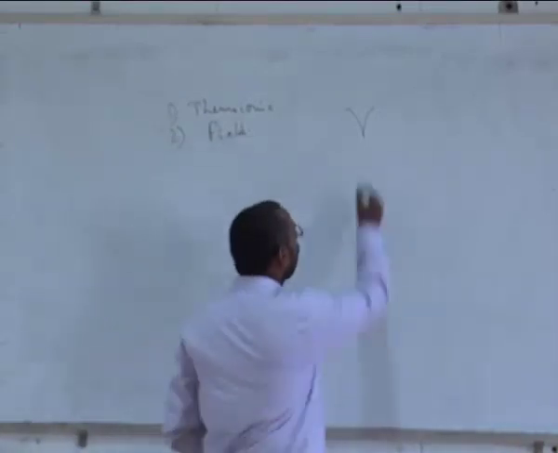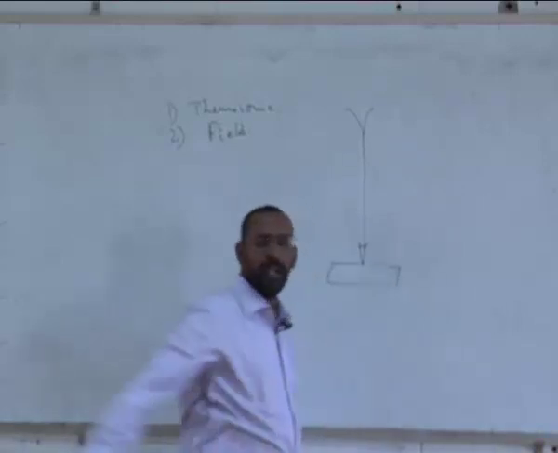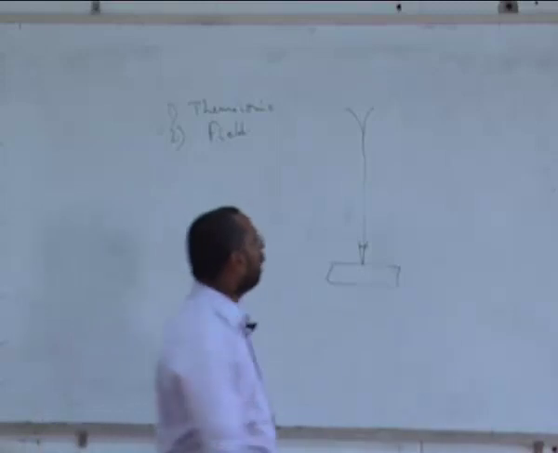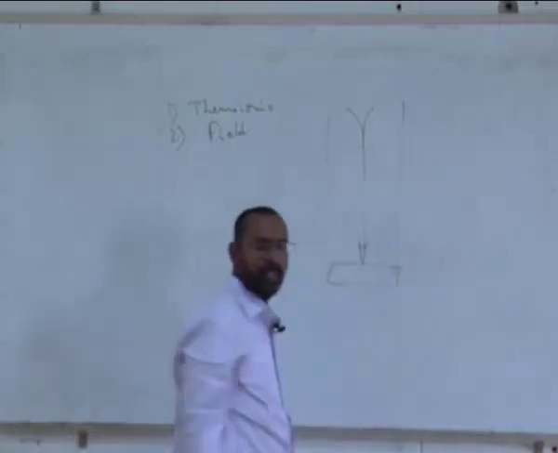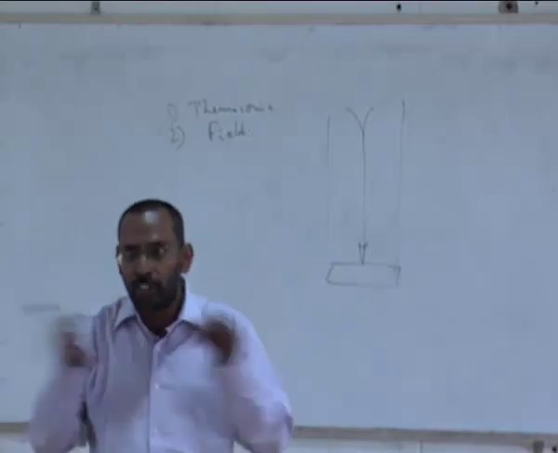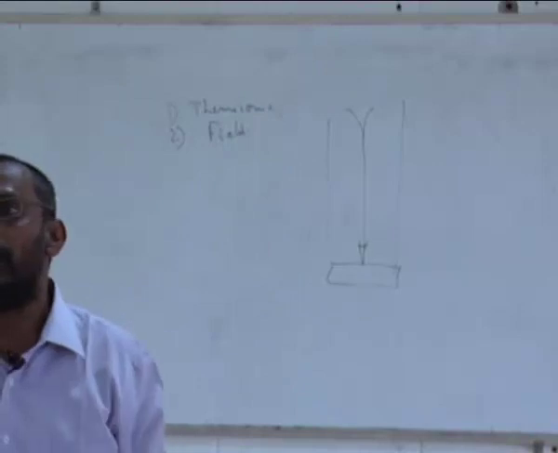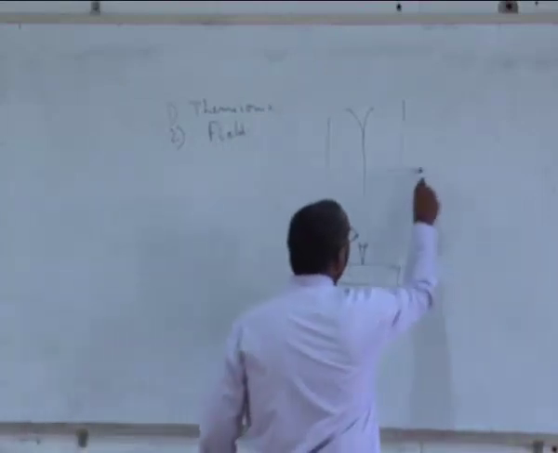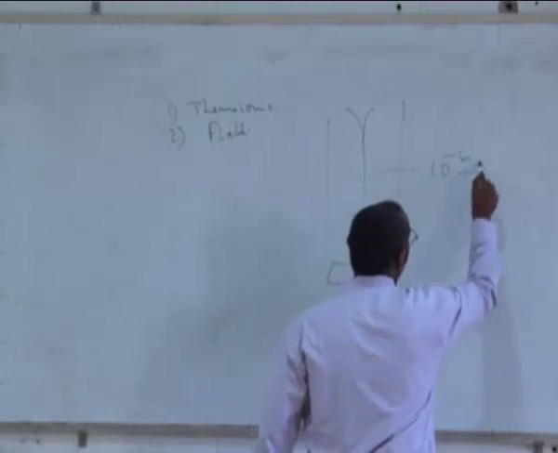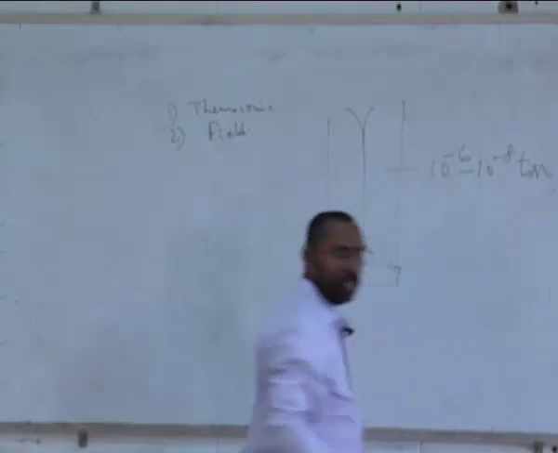And these electrons are made to travel towards the sample by, first of all, removing all the gas molecules in this domain, so that the gas molecules do not scatter away the electrons. Because otherwise, if you have electrons here, all the gas molecules will scatter them away. So you create a high vacuum, 10 to the power minus 6 to 10 to the power minus 8 torr, which is millimeters of mercury.